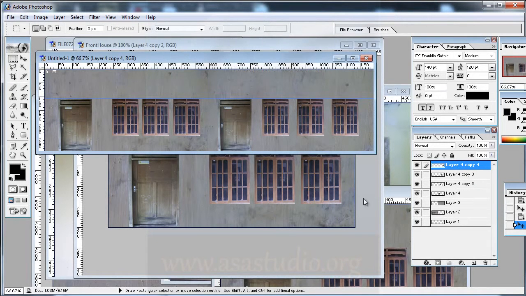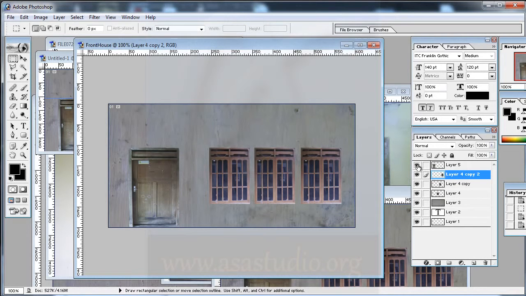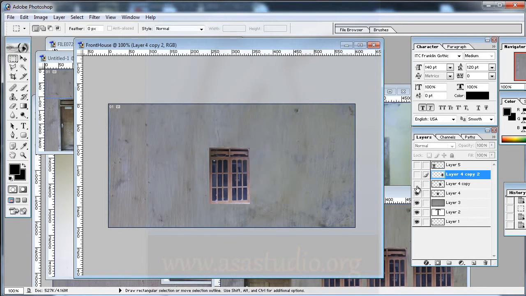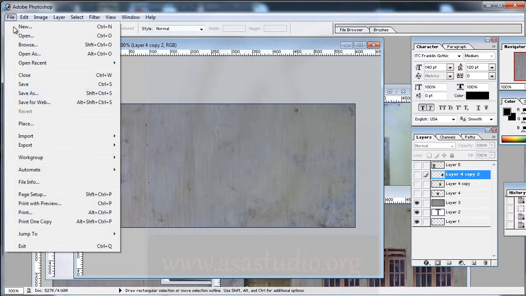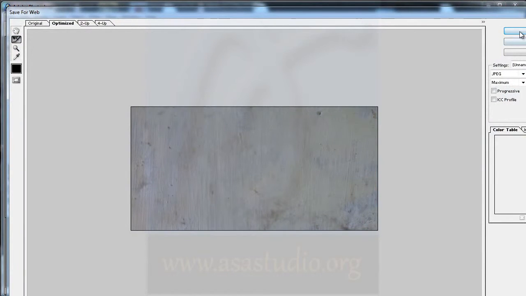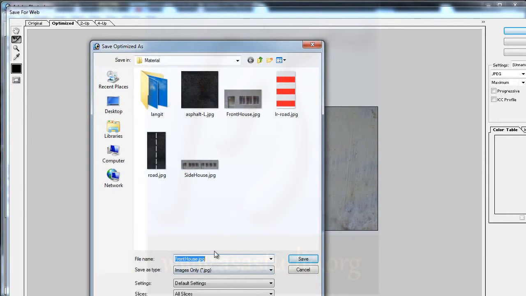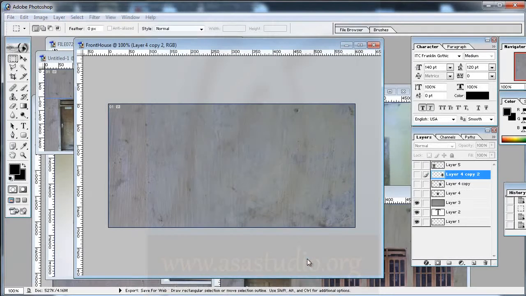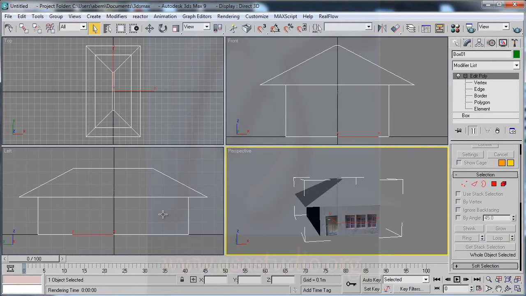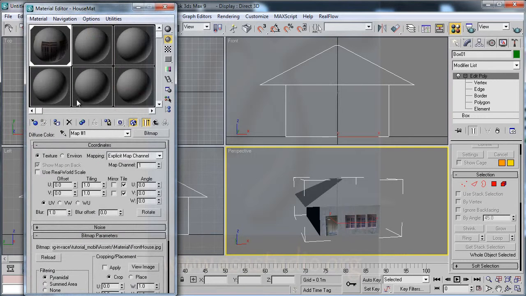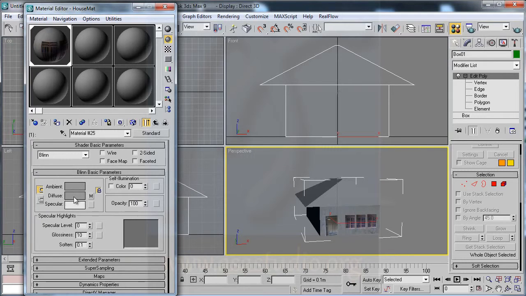And I go to here and turn off another layer, and go to here, save for web, and wall. Okay, and save. Okay, I go to Unity 3D and go to the material editor, and go back to parent, and